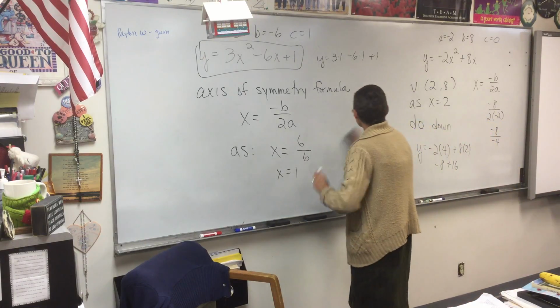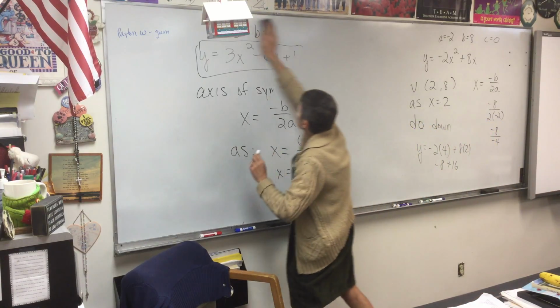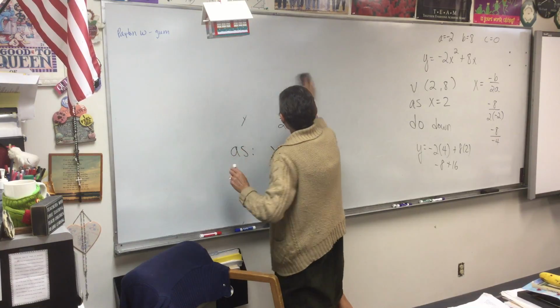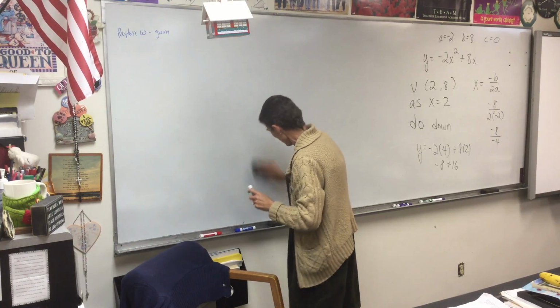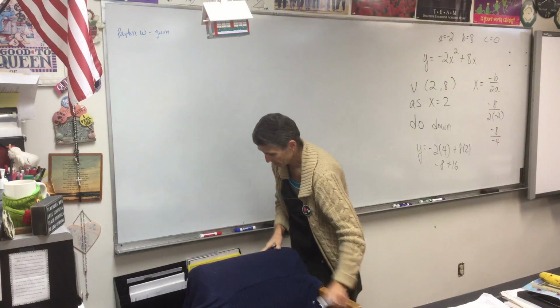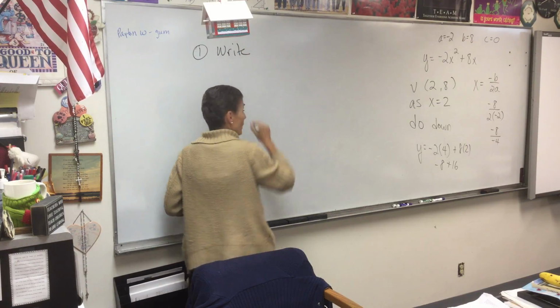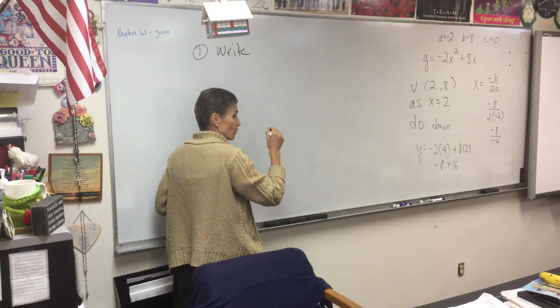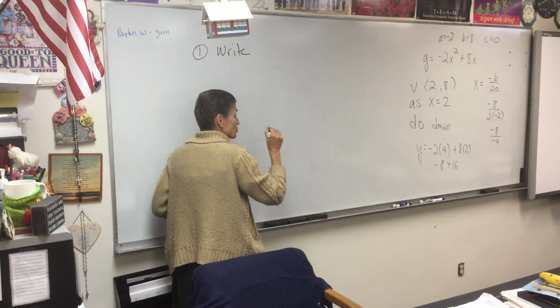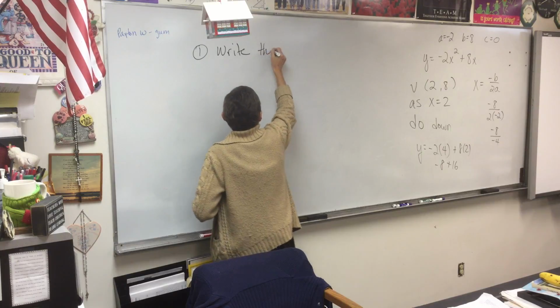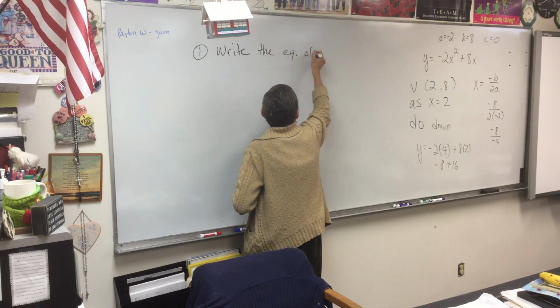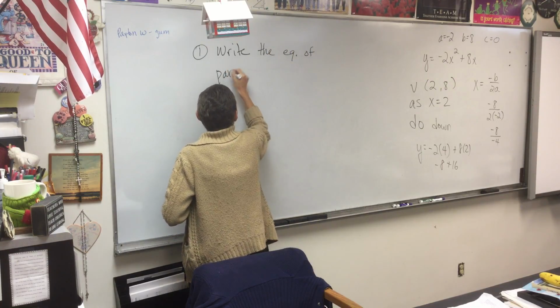One question on the quiz, and since I haven't written it yet, I don't know what order they'll be in, but one question on the quiz will be this. Write the question down too. You can abbreviate and stuff, but write down the question so you know what you're doing. Write the equation of the parabola